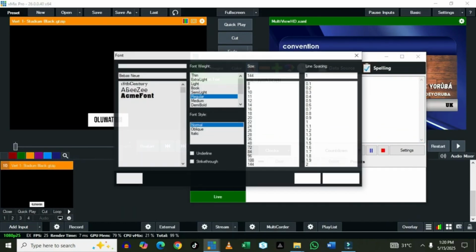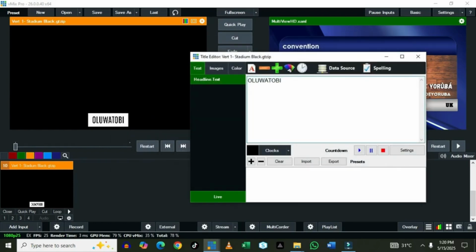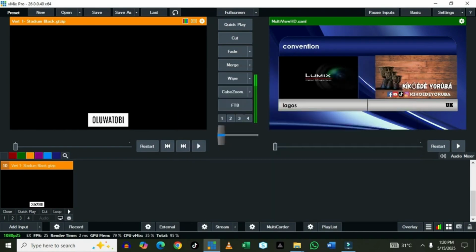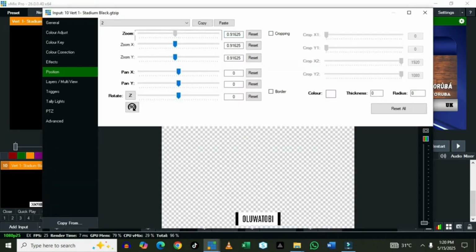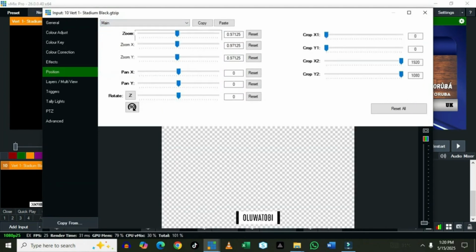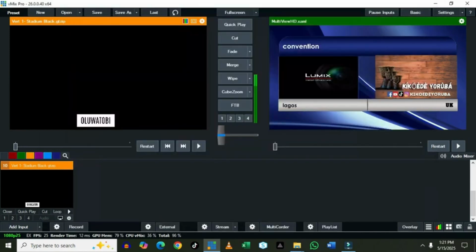You can change the font style. If it's too big for you, you can actually double click on it, or you go to setting, then click on main, which is the main, and you reduce it. You can move it to wherever you want to move it to. Then the number below can be used to layer and overlay. If I click on number 1,